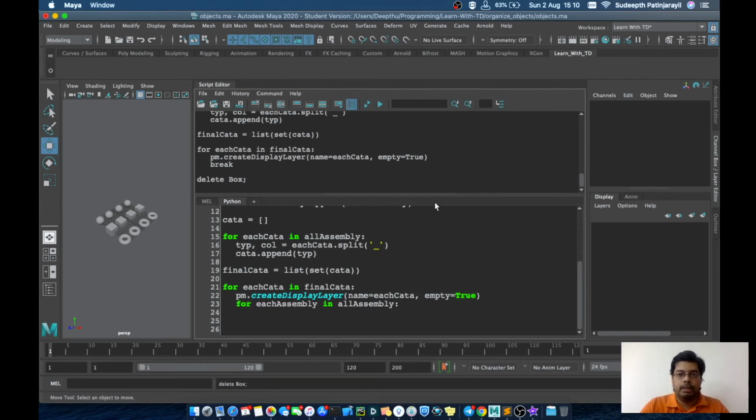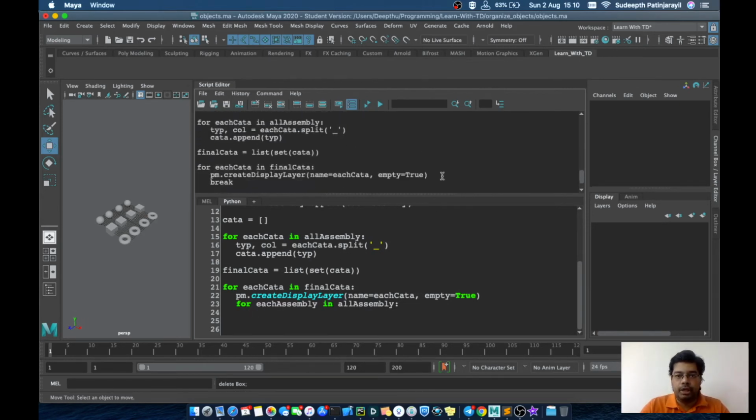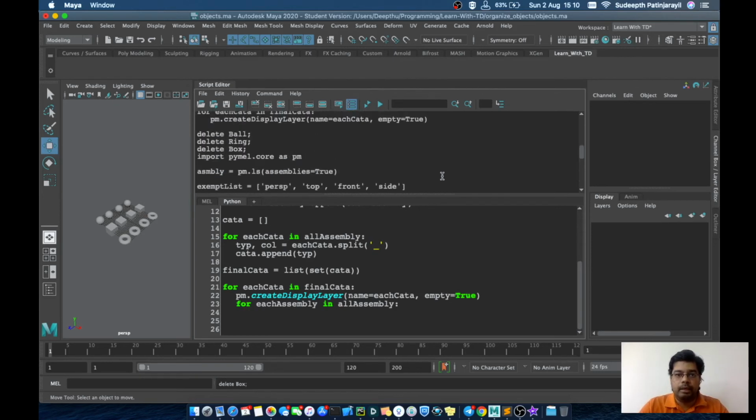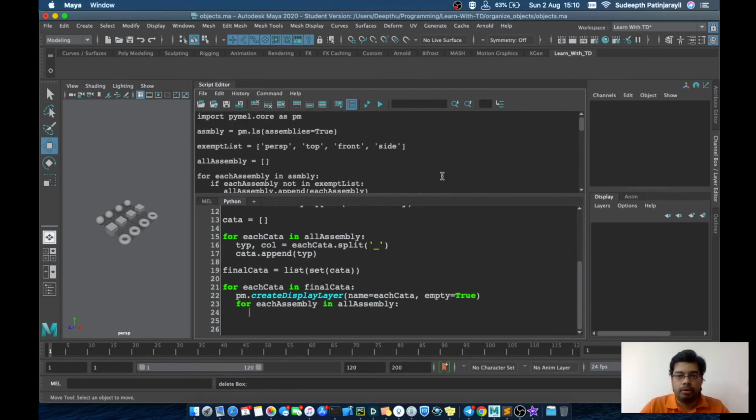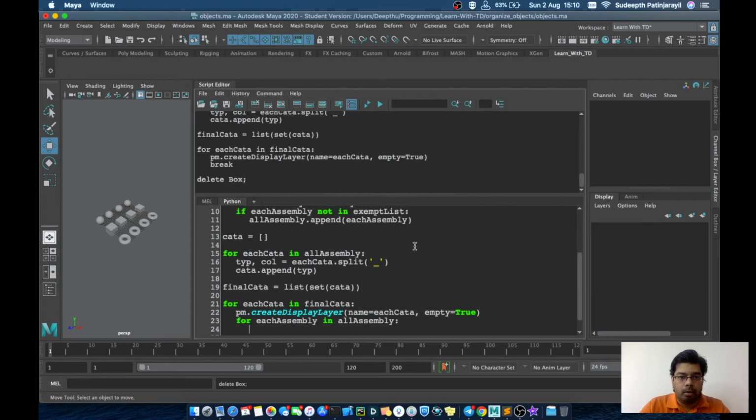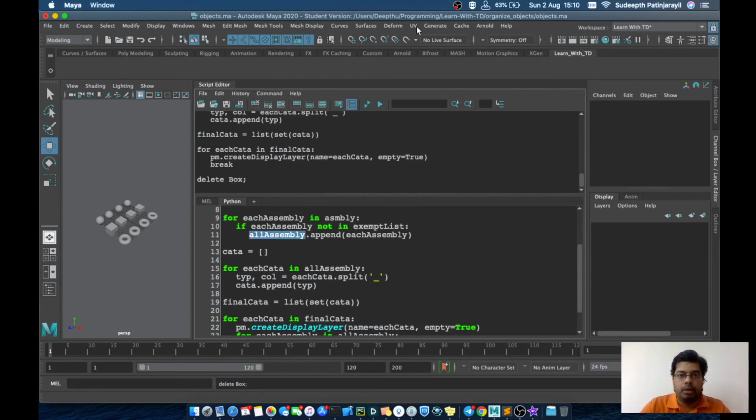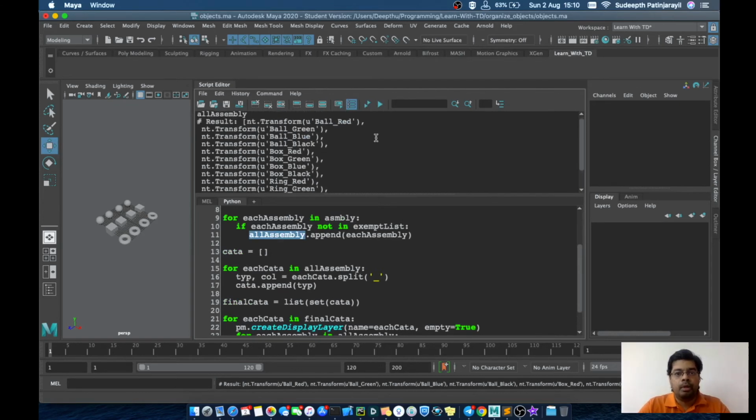The next thing is that we have to check. If you want to list, the list is not there, so we'll print out all assemblies so you will be able to know it. Here you can see ball underscore red.